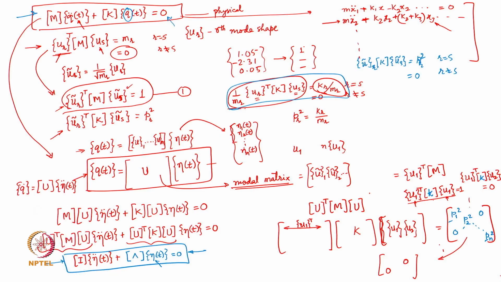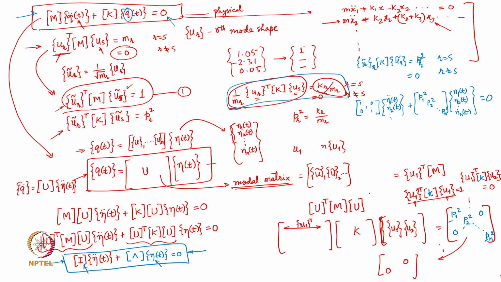This is a set of coupled differential equations, but if you consider each one of the equations represented by this matrix equation, what you have is the identity matrix I, which means you have 1, 1, 1 in the diagonal elements, all others 0, multiplied by eta 1 double dot t, eta 2 double dot t, and so on, plus the spectral matrix, which is nothing but P1 square, P2 square, all along the diagonal, multiplied by again eta 1 t, eta 2 t, up to eta n t